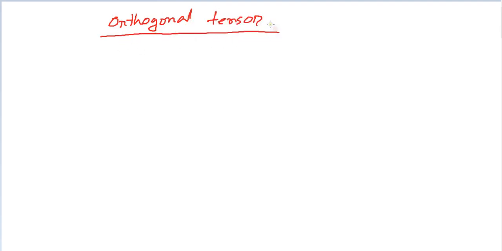In this lecture, I'm going to discuss orthogonal tensors, and how we can use them. From the name, it is pretty obvious what it is. An orthogonal tensor is a linear transformation under which the transformed vectors preserve their length